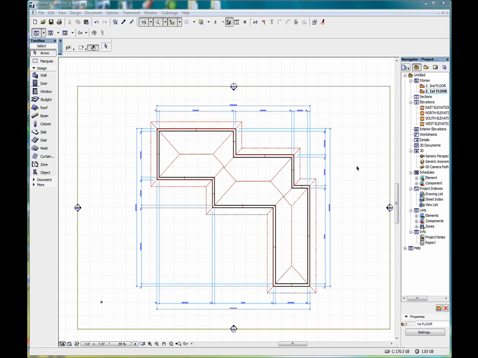Alright, I have a different plan up here, and I'd like to take a look at a couple of other uses of the Marquee tool and its application in regards to stretching. With the Marquee tool selected and the single story selected, if we place our marquee around this roof peak here,